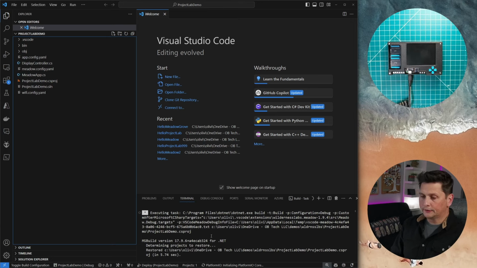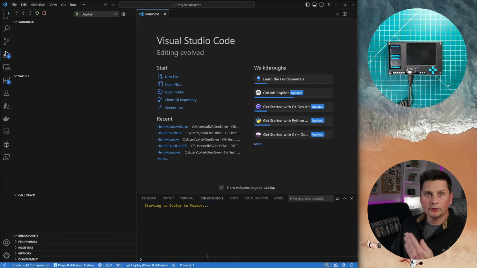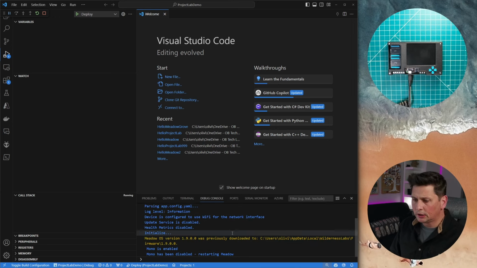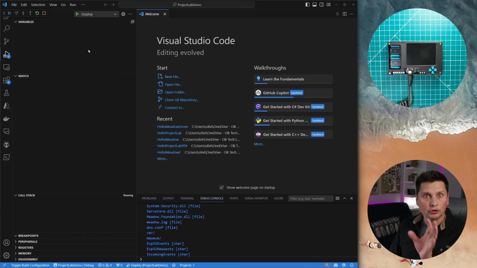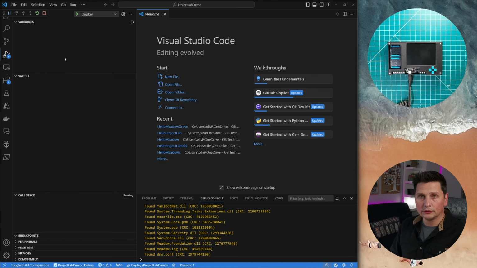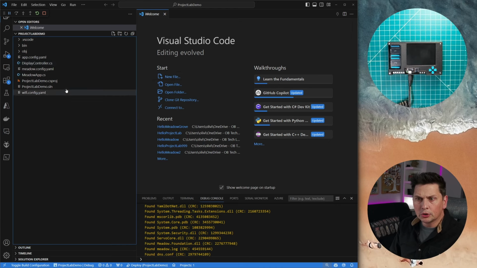So it's going to build the application. It's going to deploy it. It's going to take some time because that's the first deploy of the application. And so it's going to deploy all the binaries of the runtime, plus the different libraries that the application is using. Not more, just the ones that the application is using, but it's taking a little time, so maybe a minute or so. So in the meantime, I'm going to show you a couple of files here that I discovered in the application.